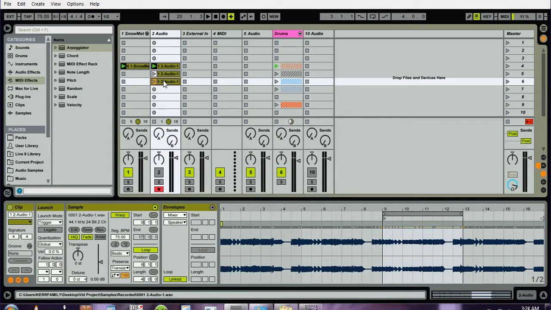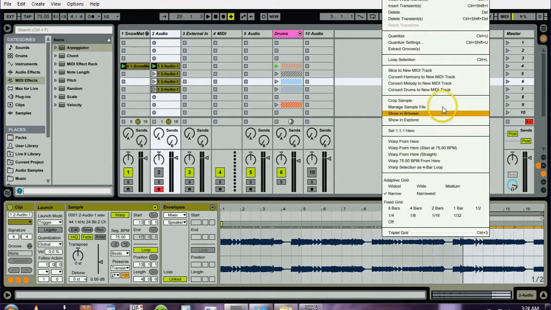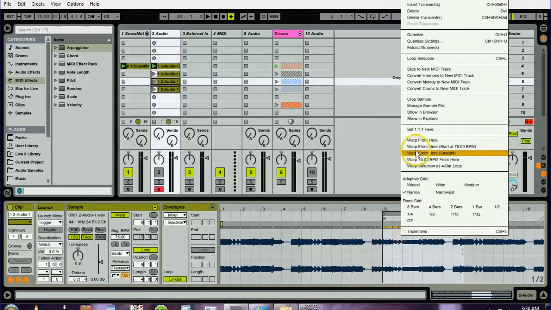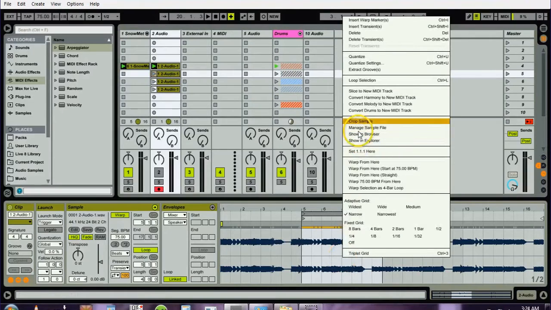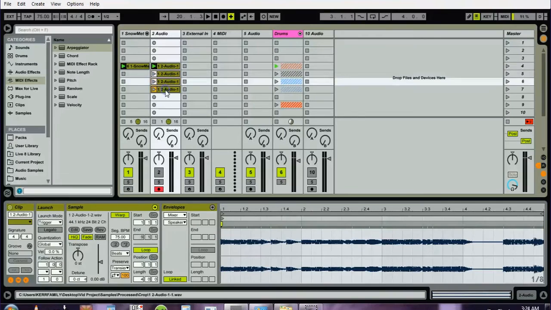Then I'm going to grab the last one, Control D, and on this last one I'm going to select the loop bar and move it to the last section. Now I'm going to right click this, crop sample. I'm going to right click the one above it, crop sample. I'm going to right click the one above that and crop sample. And since I already did the first one, now I have 4 different